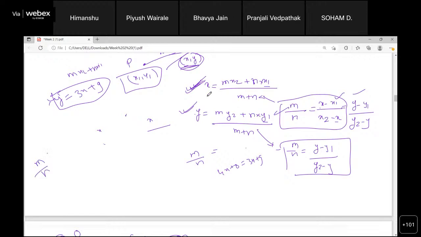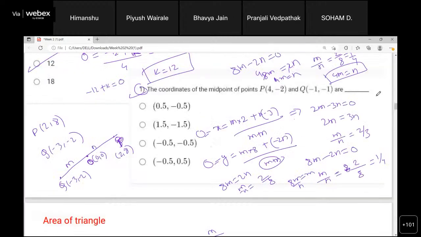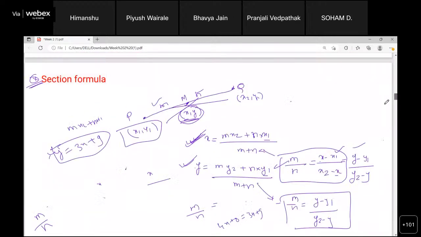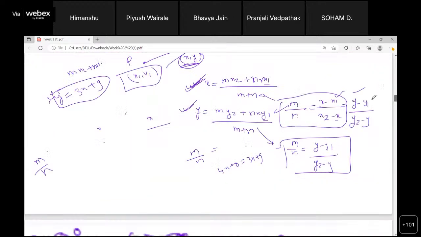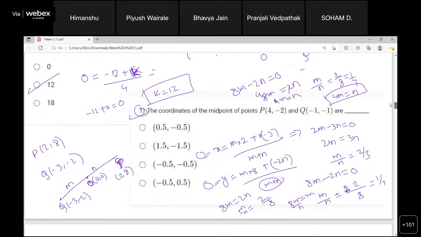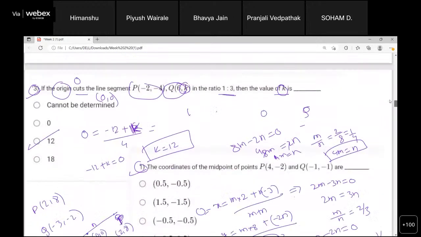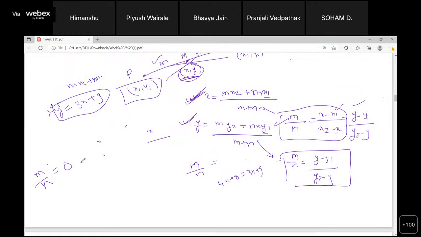So now, first I have solved this using this general equation, right? Now I will use this formula. So what is my x here? That is 0. x1 will be, this is my point, 2. This is 2, right? And here x2 is minus 3, so minus 3 comma 0. So it will be 2 by 3. So just check for this condition also.